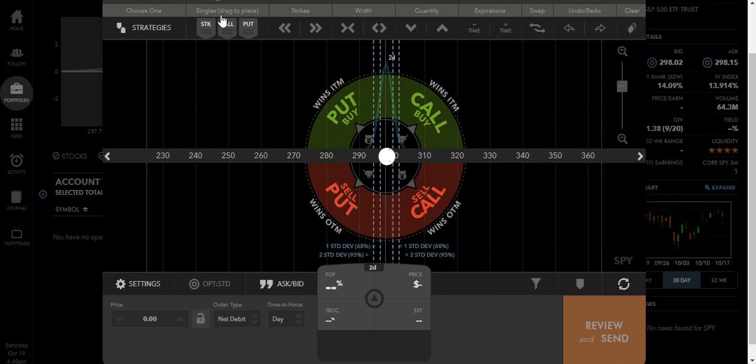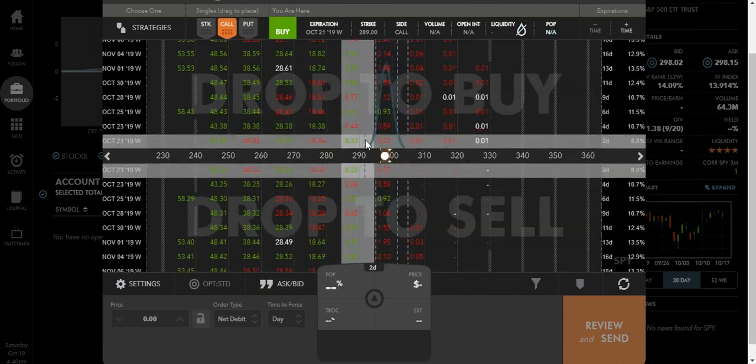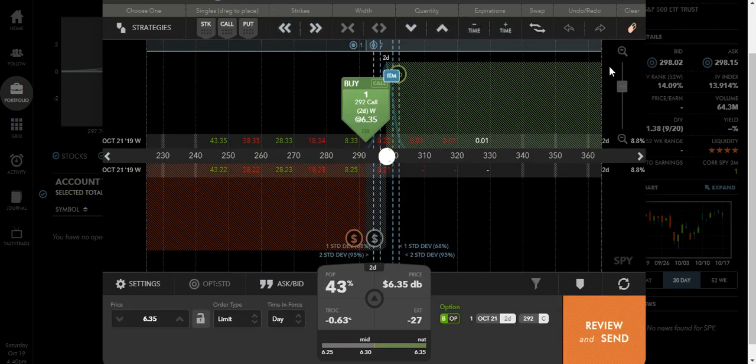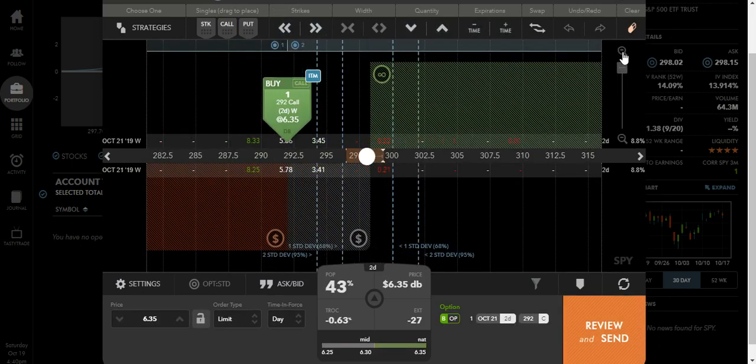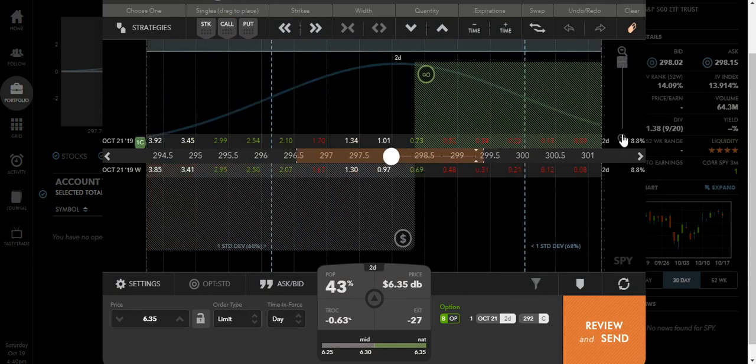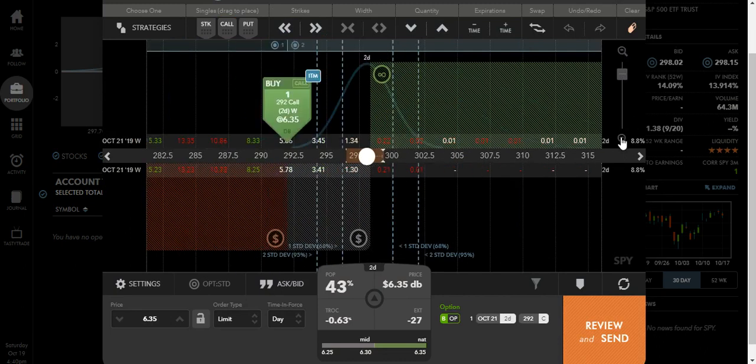So when you buy a call, I'll put a call up on here. So we just bought a call. That's basically 100 contracts. You control 100 contracts and you are bullish on the position. So right here is 100 contracts of SPY call option. We bought a call option, and in order for